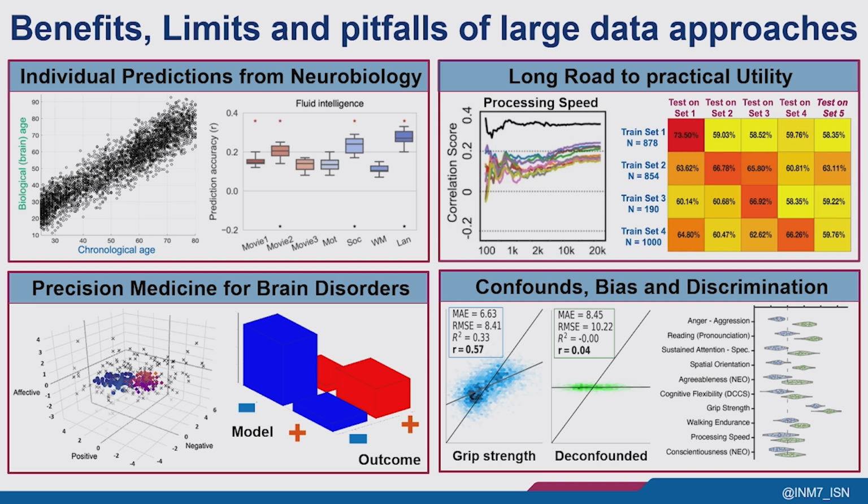So the prediction target matters, not just temporally, but the content of it, and that requires domain knowledge. And one of the best ways to do that is to engage people with lived experience in choosing your prediction target, right? That actually matters and maps onto neurobiology better. For example, with